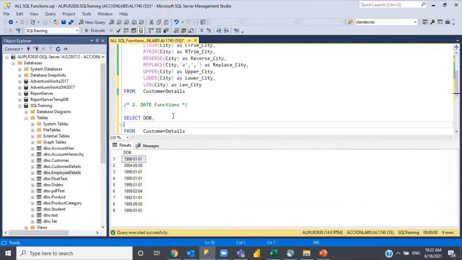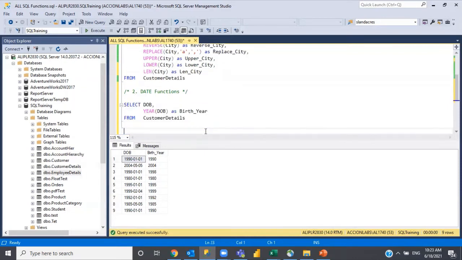If I want to extract the year from this, how can I do it? You need to use a function called year. It accepts a single parameter, so you pass the date of birth to this function as birth year. Now you are able to extract the year from this date column.